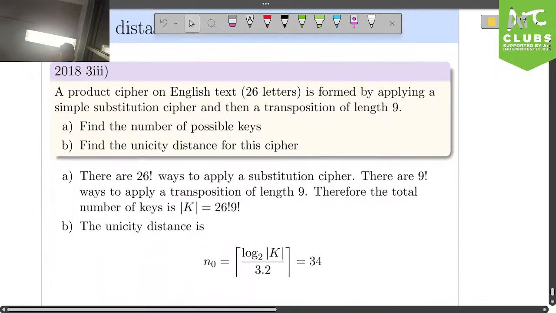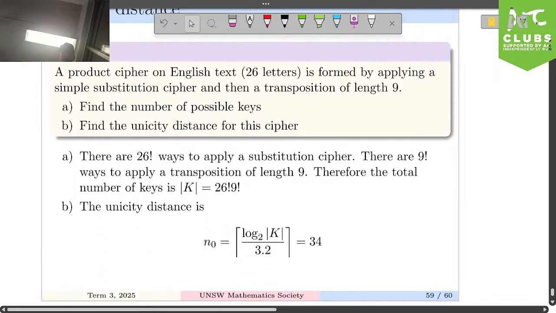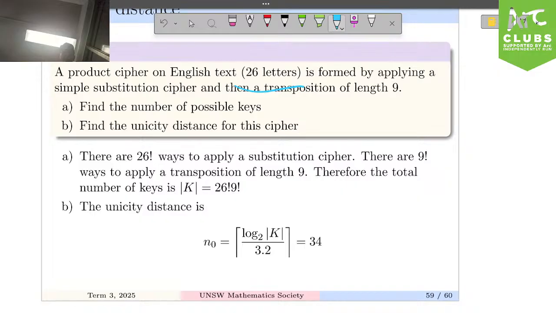Okay, so let's do one last example at the very end. The product cipher is formed with 26 letters. Remember, a product cipher is when we had two ciphers laid on top of each other. It's also called code stacking, and if one of your codes is decipherable, this becomes bad practice. Anyway, you're using a product cipher. It's a substitution cipher and a transposition cipher. Substitution was our randomization cipher, and transposition was when we broke it apart into blocks and then randomized it within those blocks. So transposition length 9 and substitution.